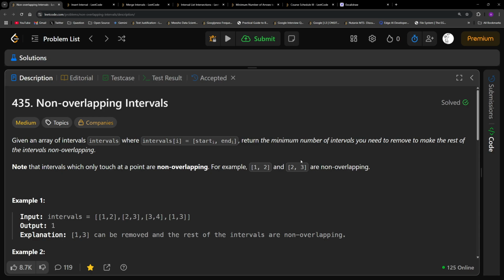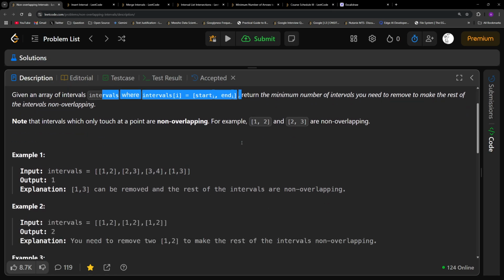The first question says that we have an array of intervals, with start and end, and we have to return the minimum number of intervals you need to remove to make the rest of the intervals non-overlapping. If I have to explain it in simple English, we are given an interval list with the start and end time. And what you have to do is that in that list,